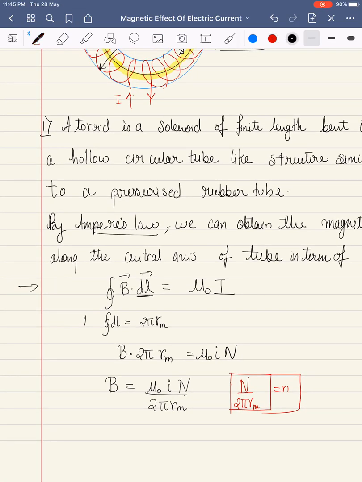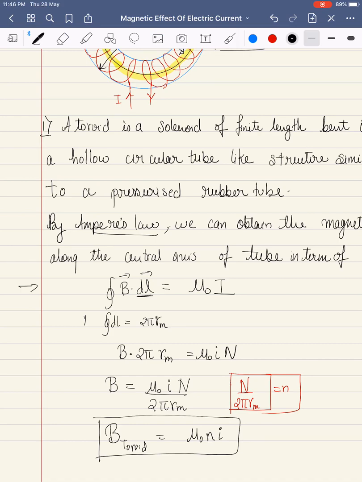So we can say that the magnetic field of a toroid is given as mu naught n I, where small n is the number of turns per unit length. The only difference over here with respect to toroid and solenoid is, when you take a solenoid we write the number of turns per unit length as small n upon L, and when you take a toroid, you write capital N divided by 2 pi r. That's the only major difference, okay. Getting it clearly?